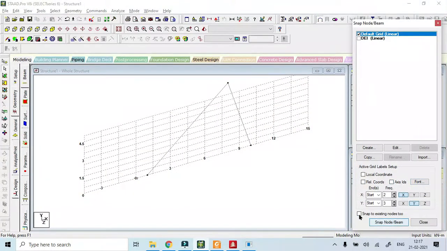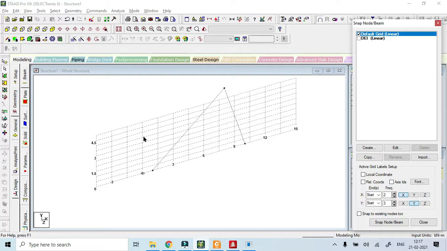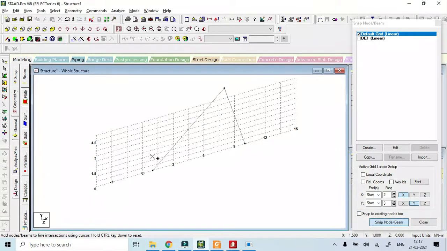And then this snap node beam, as such, you see my cursor is like this now. So in order to snap it, I have to click this. Then it becomes a snap node beam. So I can click from this point to this point to this point, etc. Now when I use the snap node beam, the advantage is that